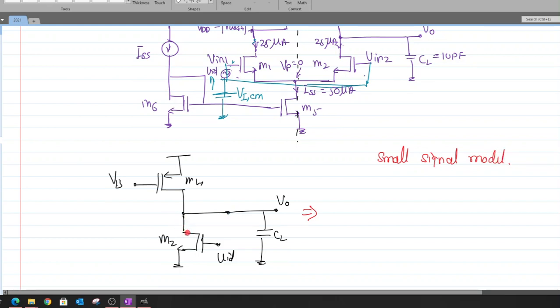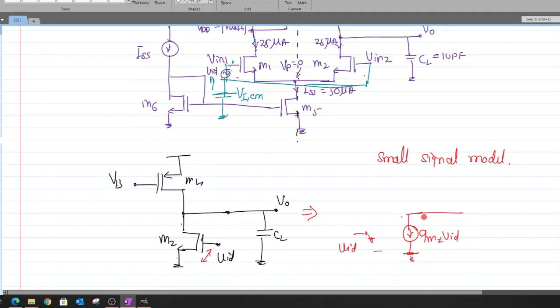Okay, so now we basically know that when I have a VGS that is non-zero, we will have a current between the drain and the source of our M2 transistor, which I'm labeling here. For an input voltage equal to VID, I have a current defined as GM2 times VID, based on the polarity that I have. So basically the polarity is a must. You have to write down the polarity of this VGS to draw the current direction, and using this polarity I draw the current to flow from drain to source.